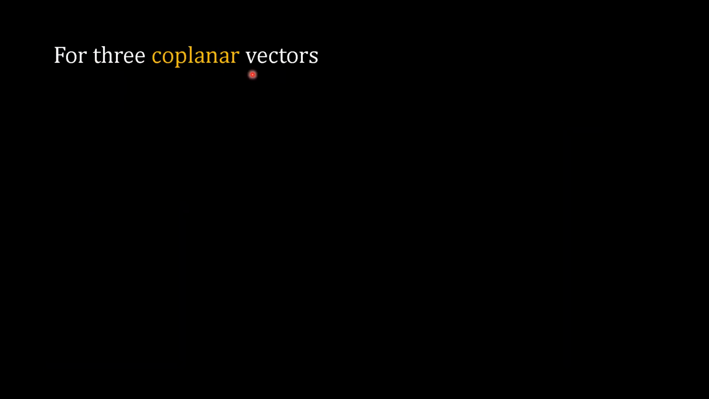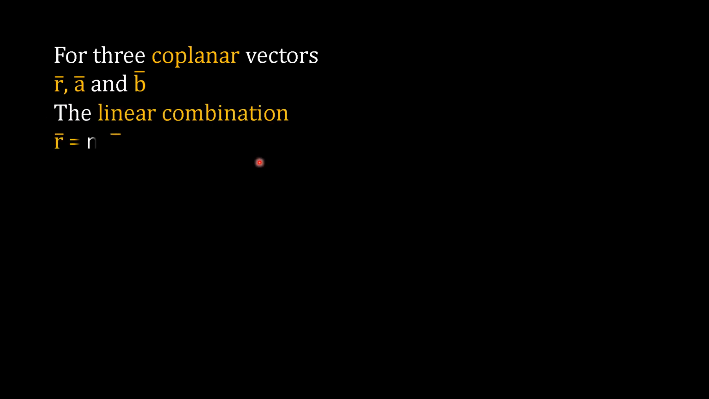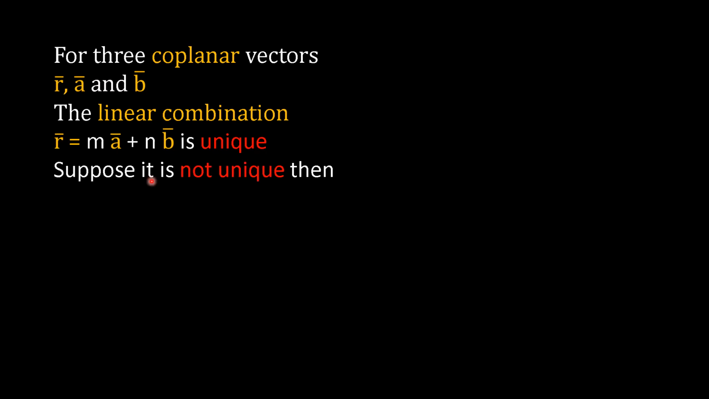For three coplanar vectors R bar, A bar and B bar, the linear combination R bar equals M A bar plus N B bar is unique. We will see why it is unique. Suppose this linear combination is not unique, then we will write another linear combination R bar equals P A bar plus Q B bar with different scalars P and Q,